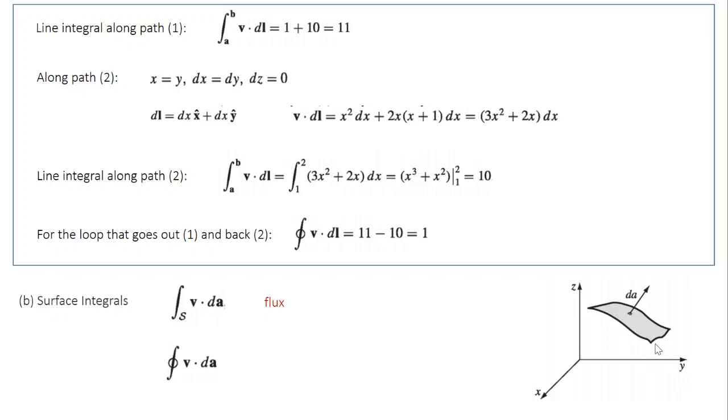Now, as I said, the direction is perpendicular to the surface, so you have two options: either it is in the upward or outward direction, or it is in the inward direction or the downward direction. So you can choose any direction. So usually by convention people take the outward direction as the direction of the area vector.